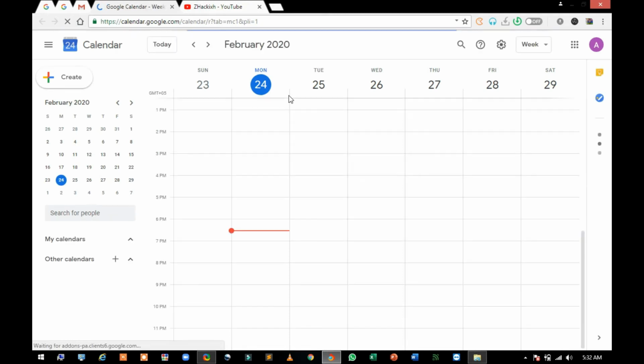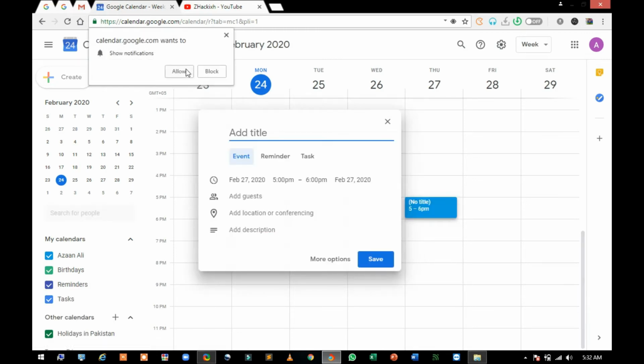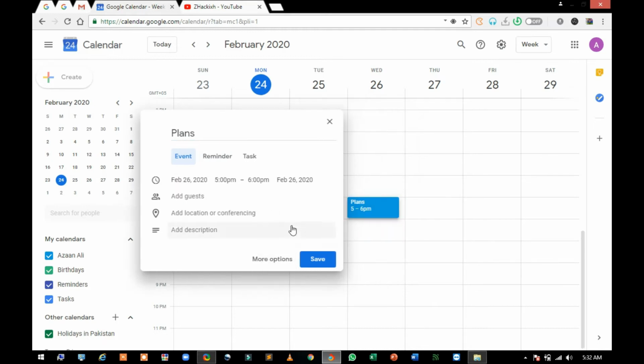A new tab will open and you can see a lot of details. You click on any date, then you can add a title. Plans, you can fix the date, select the date and time, 6 p.m., 6:30 p.m. Add guest, add location,